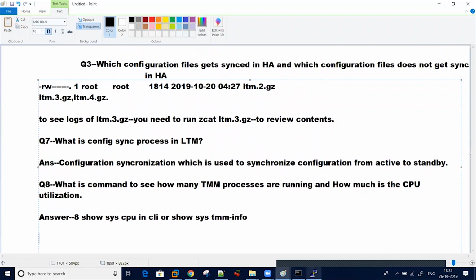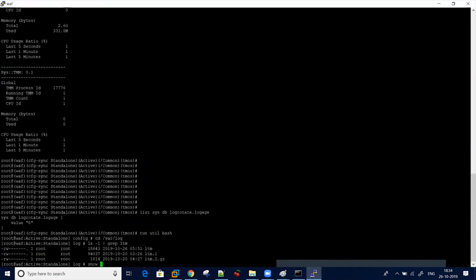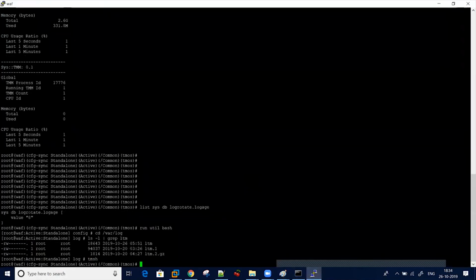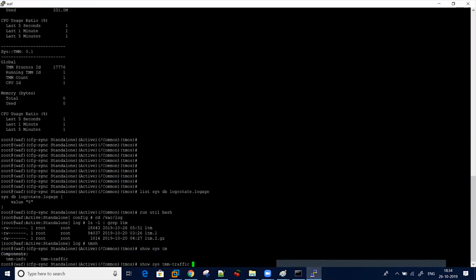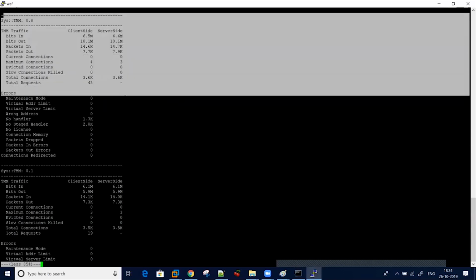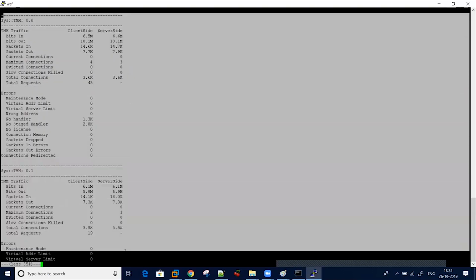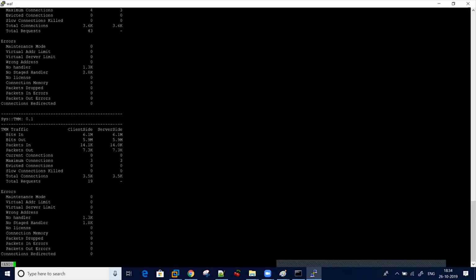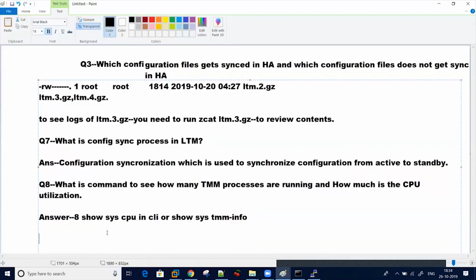So when I go to the CLI, I can go to tmsh and run show sys tmm-traffic. So you can see how many bits are coming, how many errors are there. You can see everything. So it depends on your version, how many TMMs are supported and how many processes are running right now.